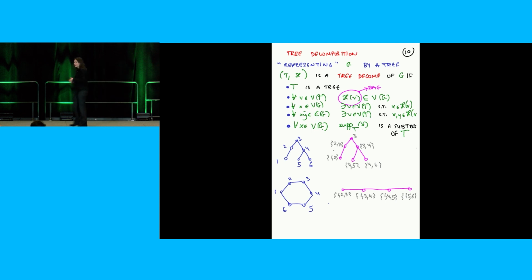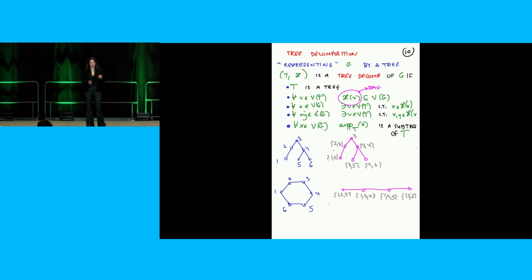So tree decomposition is a representation of a graph by a tree. I consider all trees as being simple, as being easy graphs. And now I want to take a general graph and see, can I find a tree, no matter how huge and how complicated, because all trees are simple to me. So can I find any tree to which this graph is close? Now, what does it mean when I say to which this graph is close? Well, that's the notion of tree decomposition.